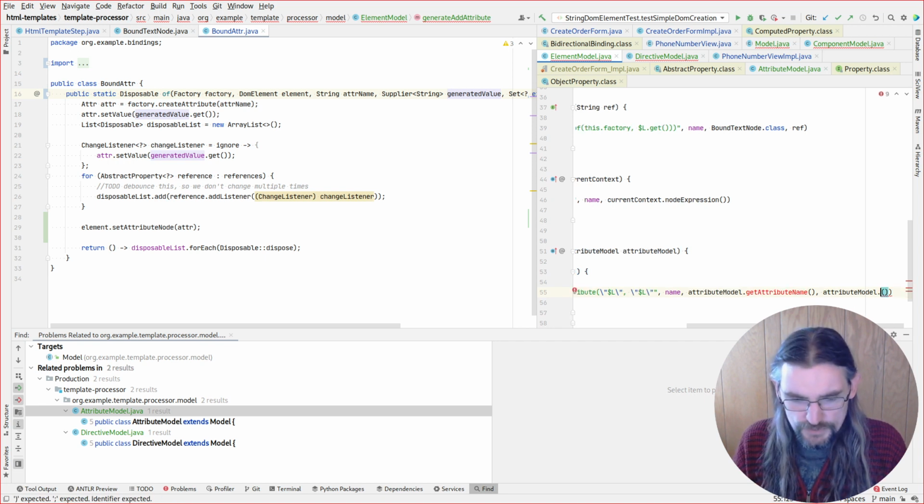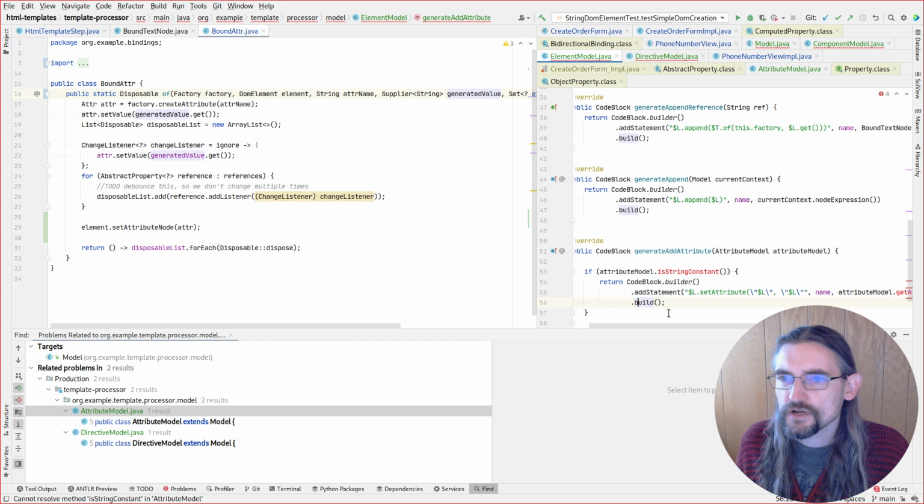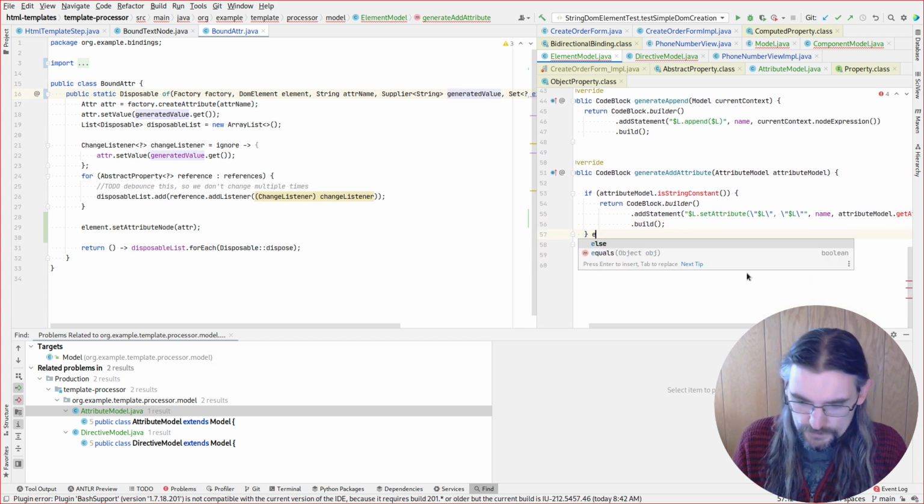We don't want it to be, I mean, I guess an expression works. We could just wrap it in a lambda up at this level when we do have dynamic code. Let's just do a get expression for right now. We'll see how much we hate this. If it is a string constant, otherwise,